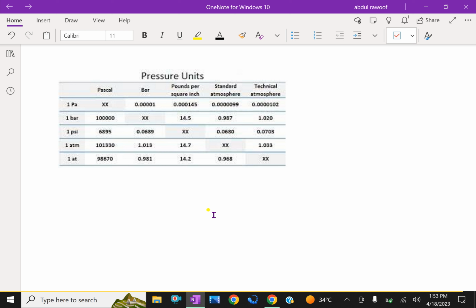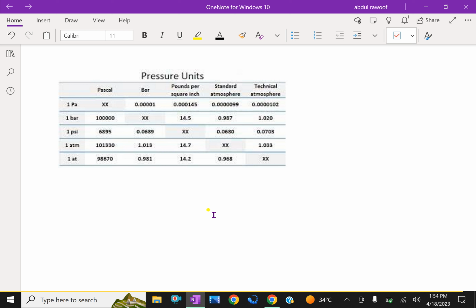At sea level, the atmosphere keeps the mercury in a barometer at an average height of 760 mm, which is 1 atmosphere. Therefore, 1 atmospheric pressure is equivalent to 760 mm of mercury. 1 millimeter of mercury is also called a torr, after Torricelli, the Italian physicist who invented the barometer.